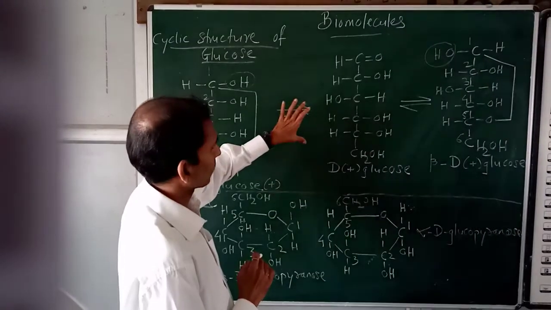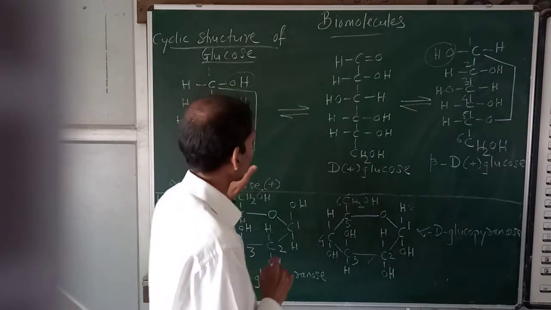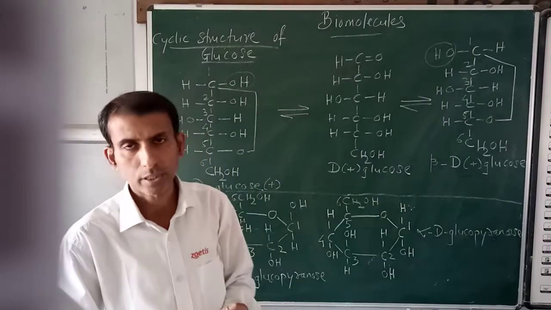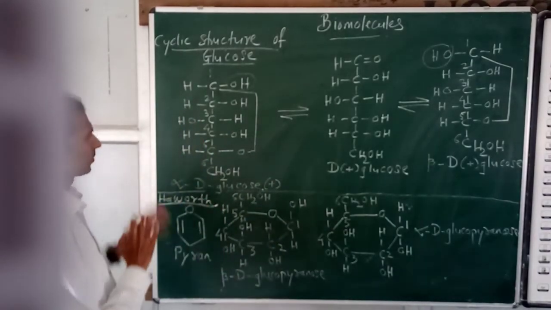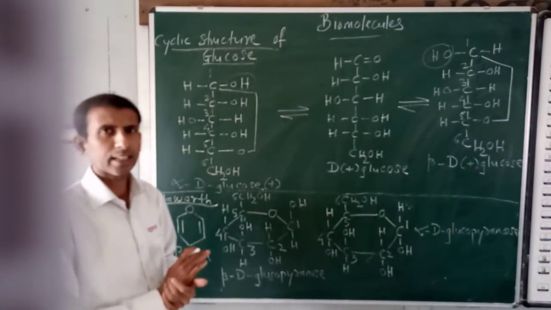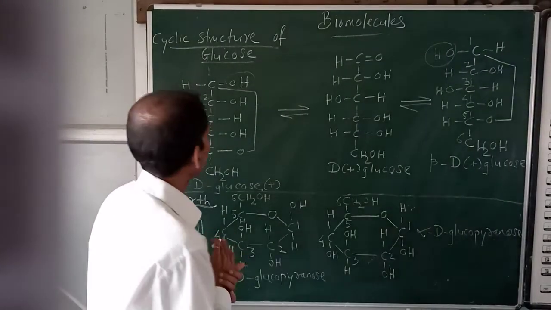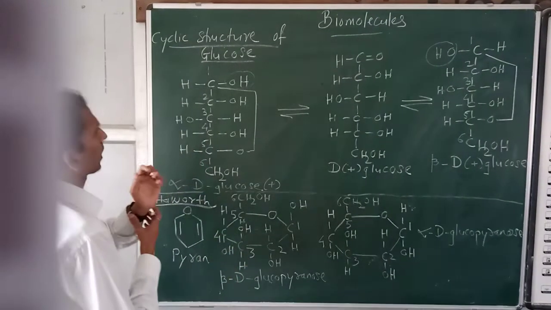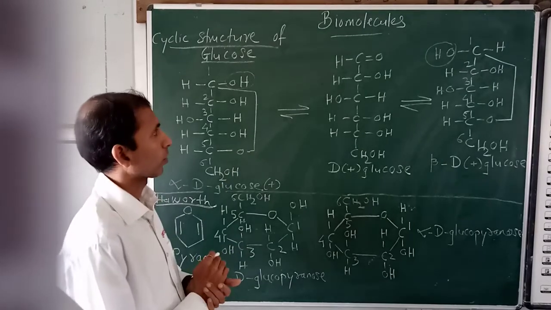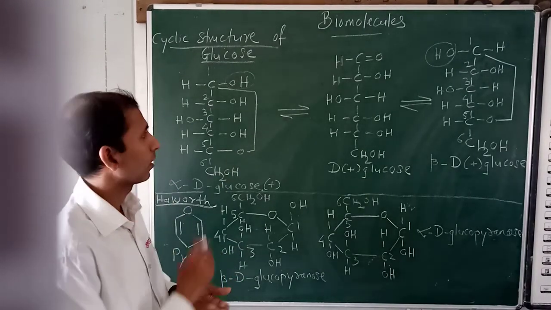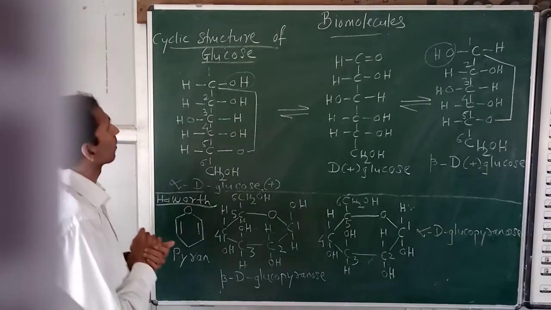So optically active substances are divided into two types: dextrorotatory and levorotatory substances. Okay, so only names you have to keep in mind. We need not go into detail aspect of that optical activity part, but I will explain you in the later half of the chapter what is an asymmetric carbon atom. That will make the concept more clear.